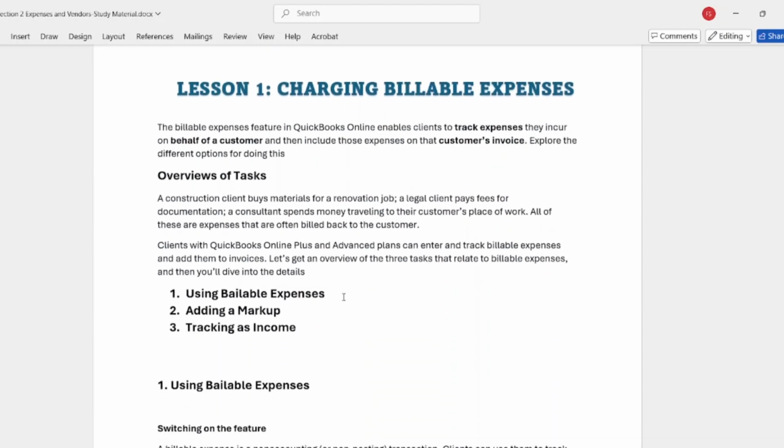First topic is charging billable expenses. First of all we learn the introduction and the need to use them. This feature enables the client to track the expenses they incur on behalf of the customers, then include those expenses on the invoices. Explore the different options for doing things. So the main purpose is that when you incur any expense on behalf of customers, at the time of invoice creation, you add them in your invoice to charge your